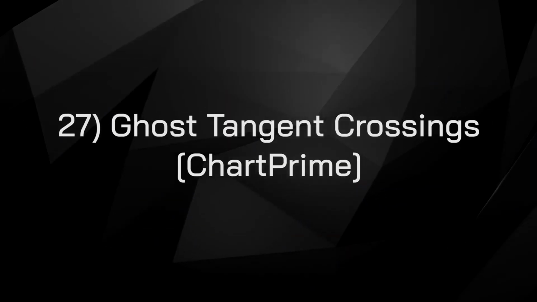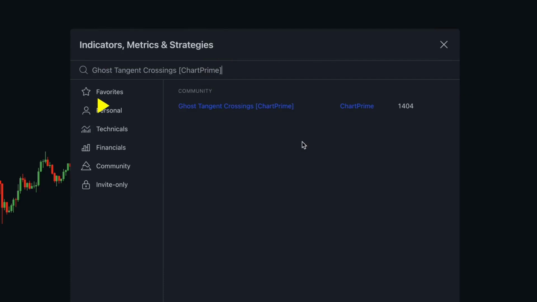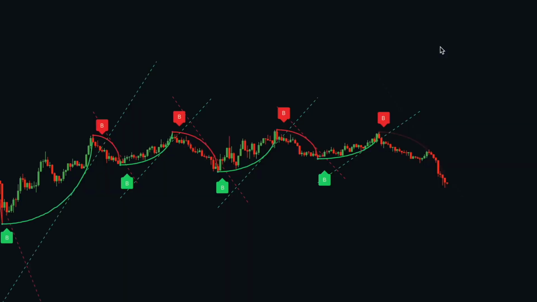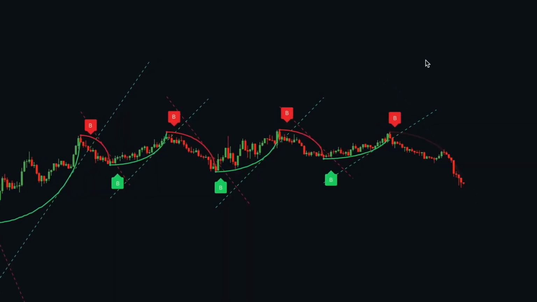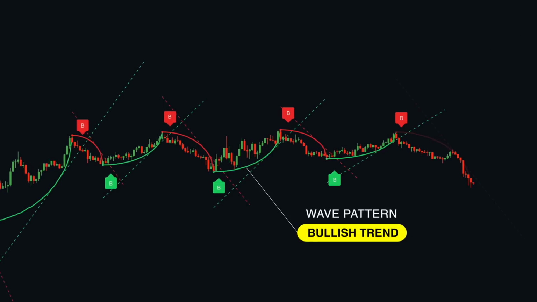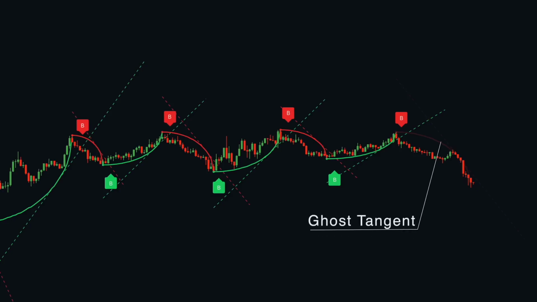Next up on our list is Ghost Tangent Crossings by Chart Prime. Ghost Tangent Crossings is a revolutionary way to visualize pivot points and zigzag patterns that utilizes ellipses. This indicator makes sure that each pivot is plotted from high to low, ensuring a correct zigzag wave pattern. Before a zigzag is confirmed, Ghost Tangent Crossings plots an estimate of the next valid move, allowing you to plan well ahead of time. Once it is confirmed, the indicator will fill in the plot with a solid color and